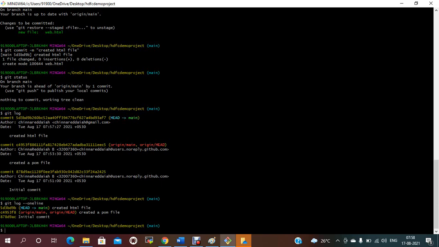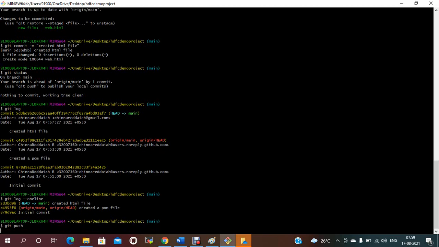Now we need to push this file to the remote repository so other people can use this one. By default, we need to use git push. If you use push, automatically it should be pushed to the remote repository. Okay. So if you need to push the changes to a specific branch, you need to use git push hyphen u and origin. Origin is like the remote repository of that one, and then the branch name.